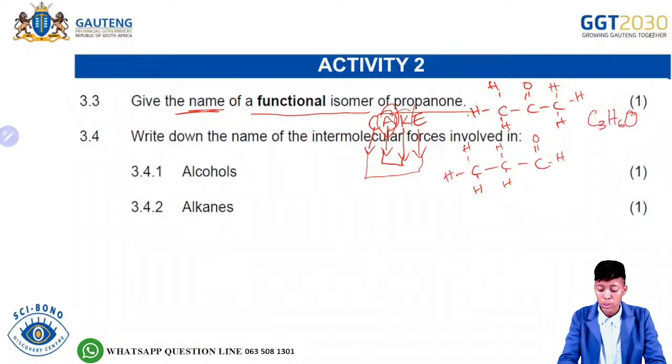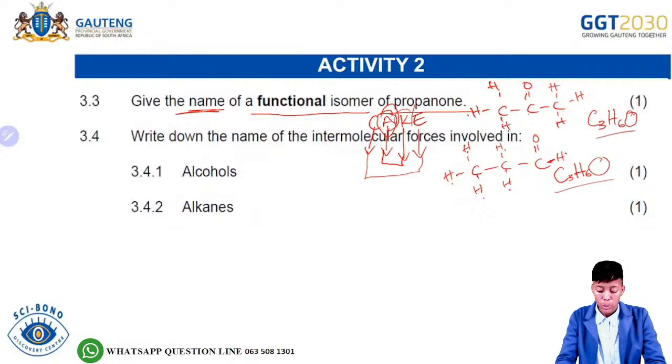And then we come on to the aldehyde. With the aldehyde, how many carbons do we have? We count again, it's 1, 2, 3 carbons. And how many hydrogens do we have on the aldehyde? 1, 2, 3, 4, 5, 6 hydrogens. So we physically count. And how many oxygens do we have? We have 1 oxygen. So this is the molecular formula. If you want to find the functional isomer, firstly you will draw the structural formula of